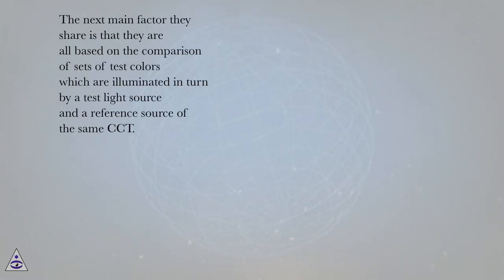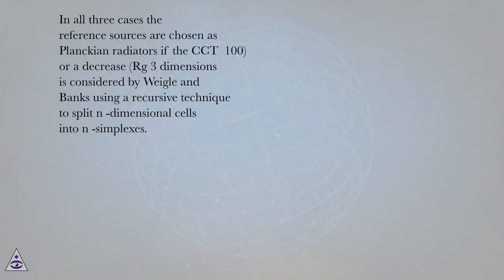The next main factor they share is that they are all based on the comparison of sets of test colors which are illuminated in turn by a test light source and a reference source of the same CCT. In all three cases, the reference sources are chosen as Planckian radiators if the CCT